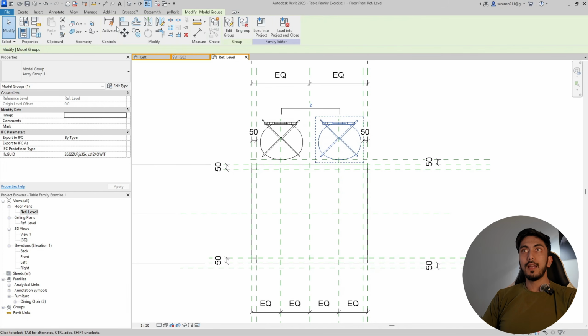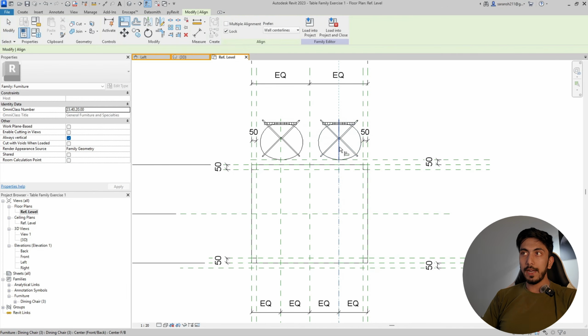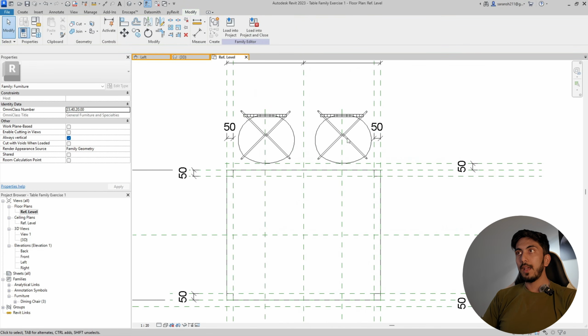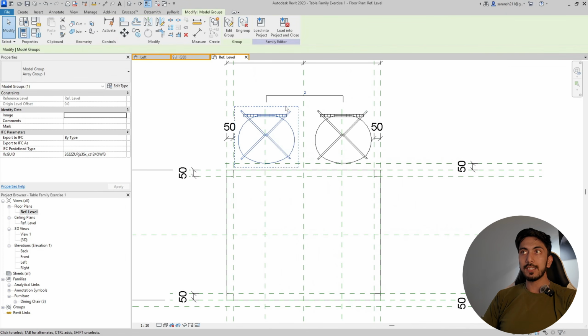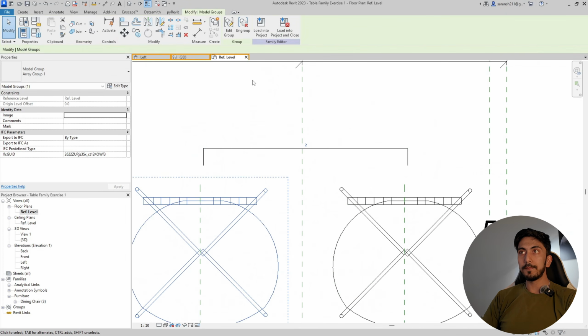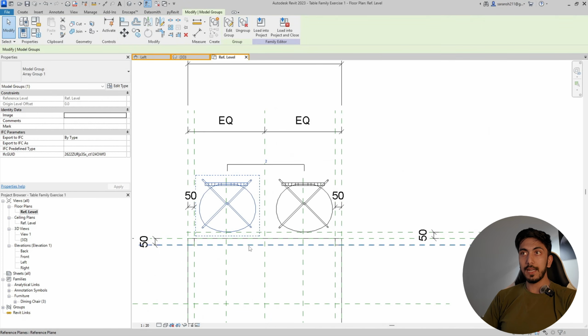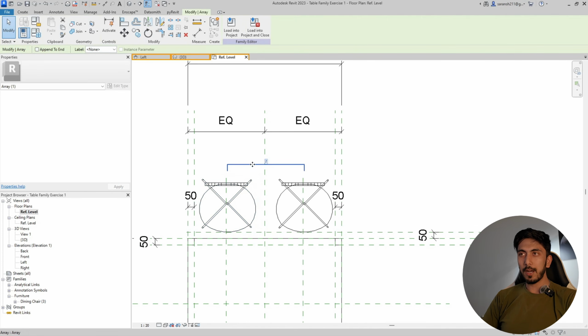Okay, now I will also go ahead and lock this chair to the reference plane that I have made. And now when I click these chairs, I will see a small dimension line kind of thing. So these are the number of array that we can put. So just first select the chair, then select this dimension parameter. It's not dimension parameter, it is number parameter of array. So just select this